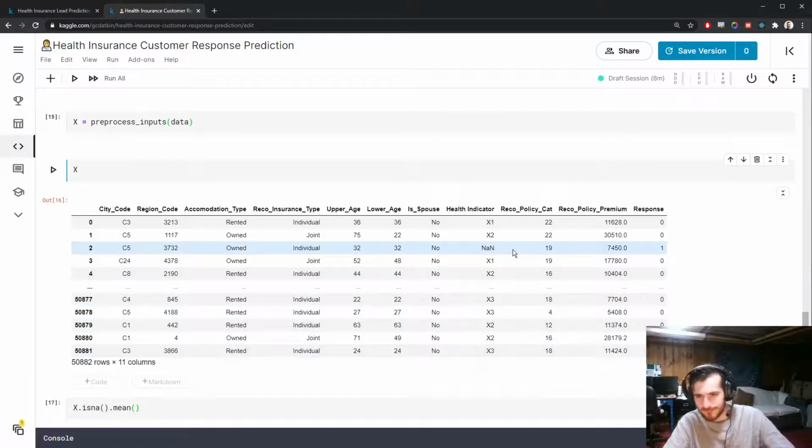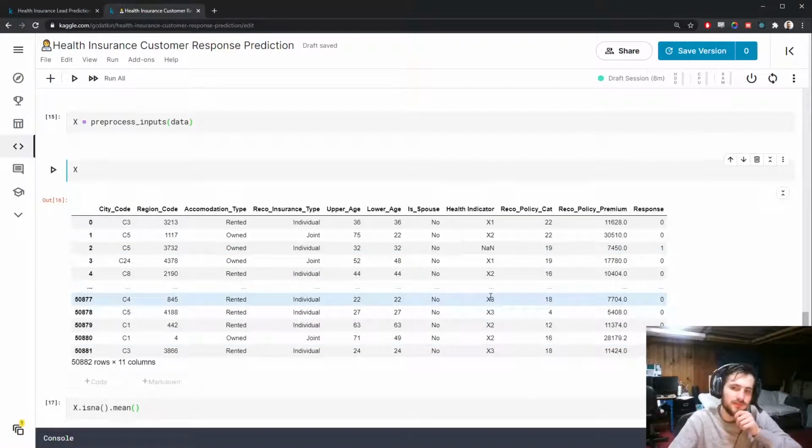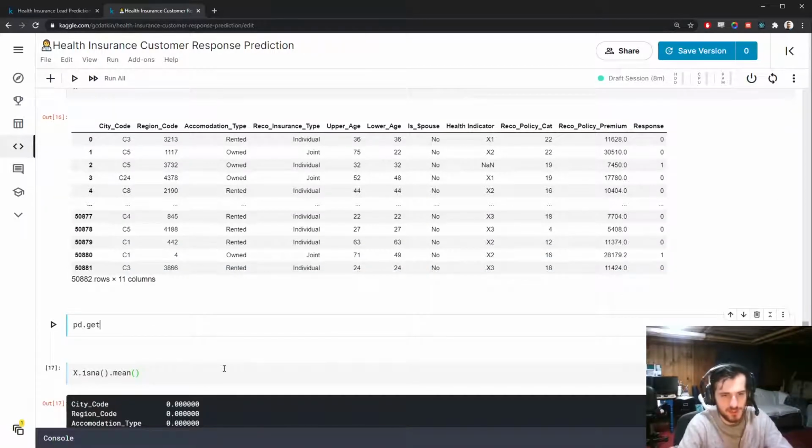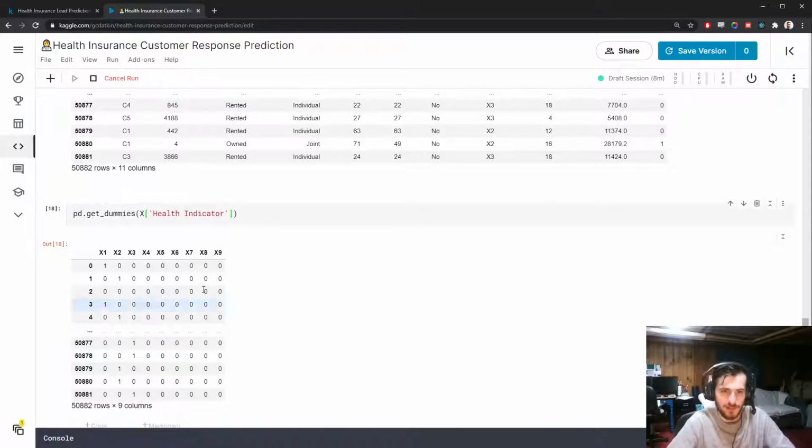So if you're doing a categorical column, this is a nominal column. We don't know if these have any ordering between them, so we assume that they're just independent of each other. Then one way to encode this is with getDummies. So pandas.getDummies will pass in that column, health indicator. And this will send each unique value to its own column, and a 1 represents the original value of a